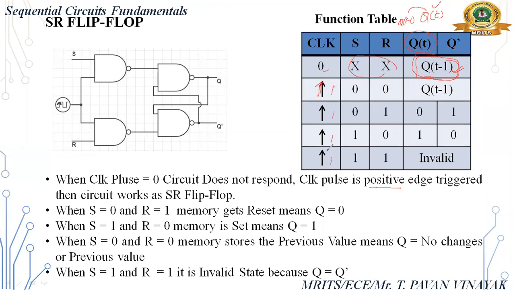Okay. Here I am using SR flip-flop. For that purpose, I am giving an arrow mark so that it indicates positive edge triggering. Remaining operation is same. 0, 0 means previous state. 0, 1 means 0, 1. 1, 0 means 1, 0 output. 1, 1 means invalid. Same as SR flip-flop and SR latch.